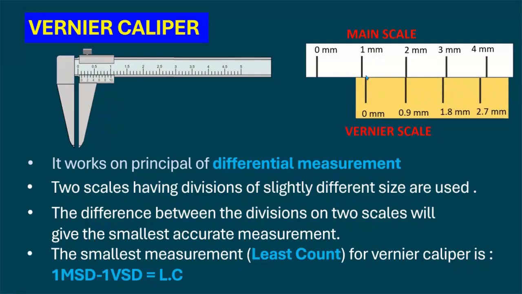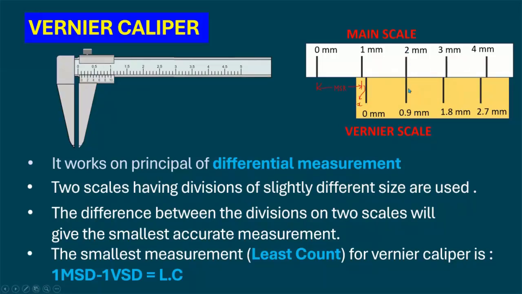But suppose it goes further over here. Now if it goes further here, friends, this reading from here to here is known to us. This particular reading from here to here is called the main scale reading, because it is the reading on the main scale, right? But further, this much gap is not known to us, x, right? Now if you look at here, friends,